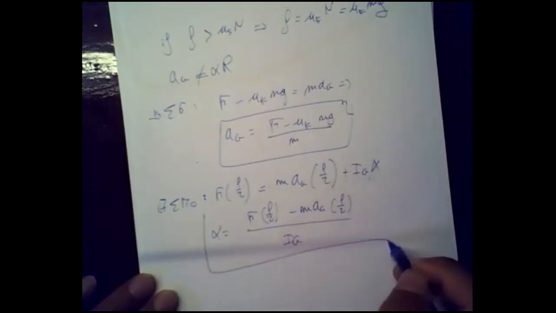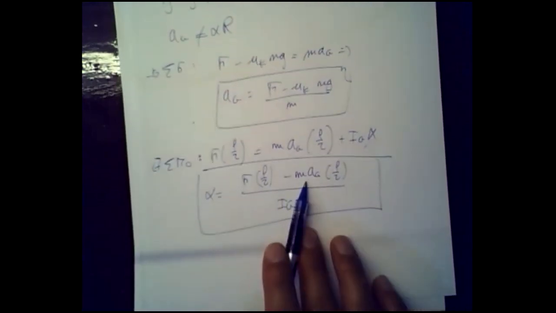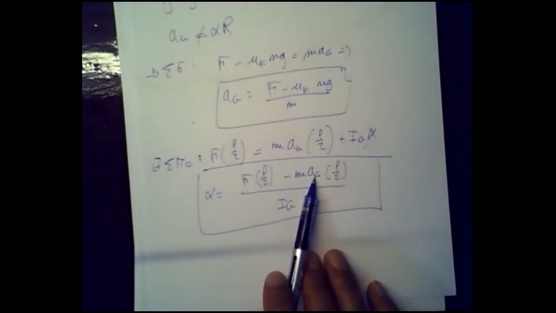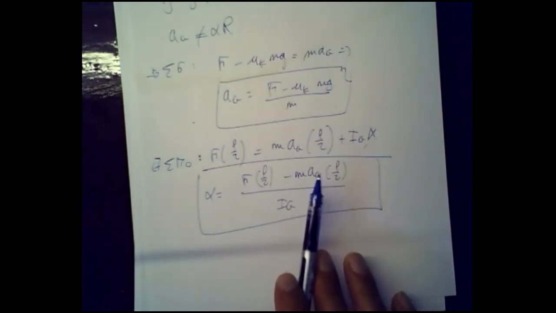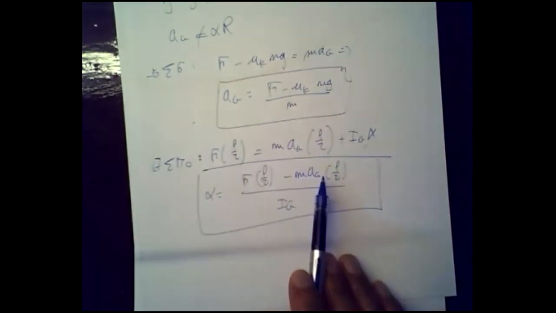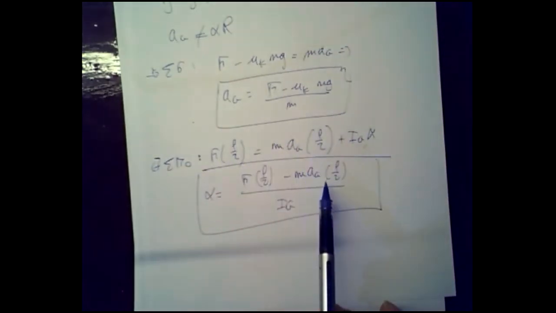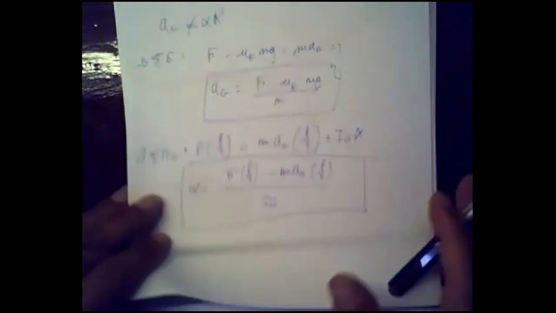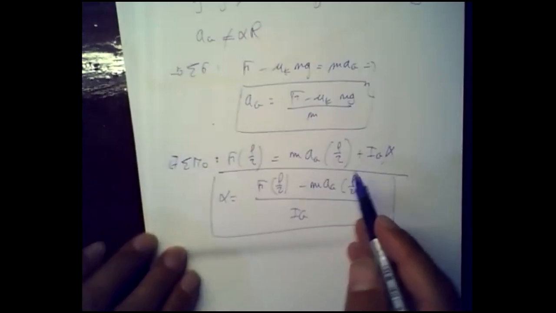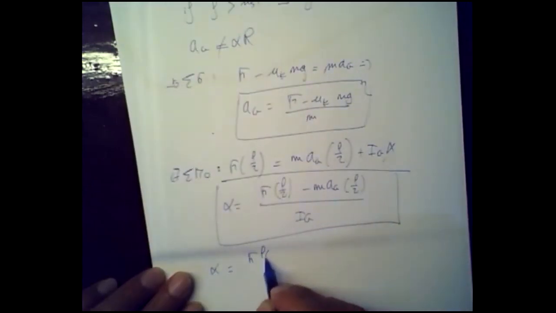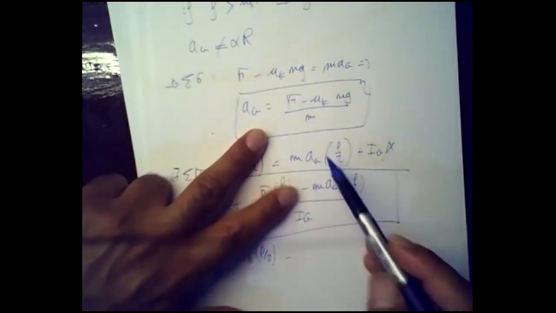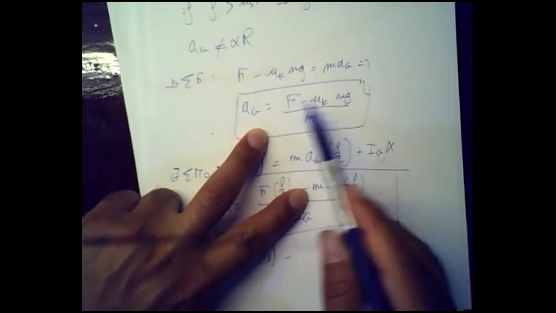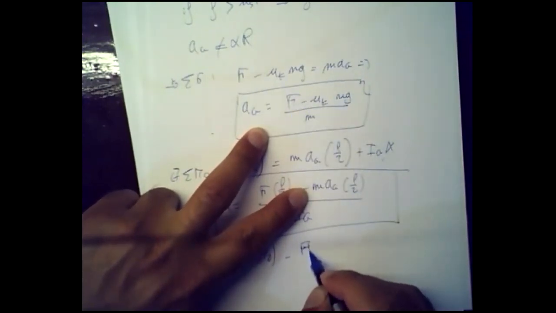So notice what happens here. Alpha could be positive or it could be negative, right? If F times L over 2 is greater than this value, then after you solve, you replace Ag by its value from here, right? Let us actually expand it one more time. I get to show you a small concept that is appearing here. So if I want to expand this further, I'm going to have F L over 2 minus m Ag. What is m Ag? It's that, right? So this is dividing m, so I can remove m and just multiply by L over 2. So I'm going to have F minus